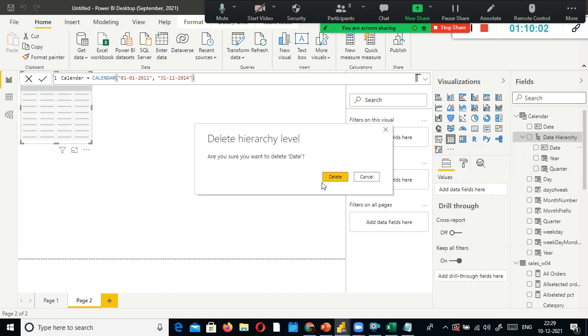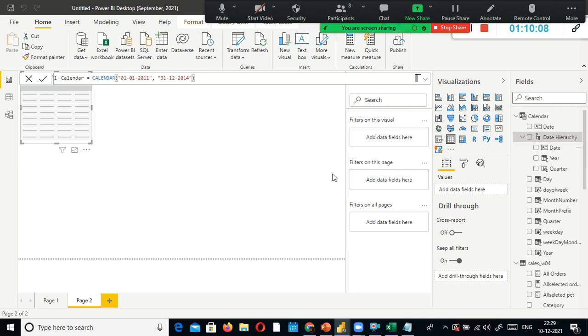If I remove this, delete date hierarchy level. Are you sure you want to delete date? Okay, delete. Year, quarter, and month.